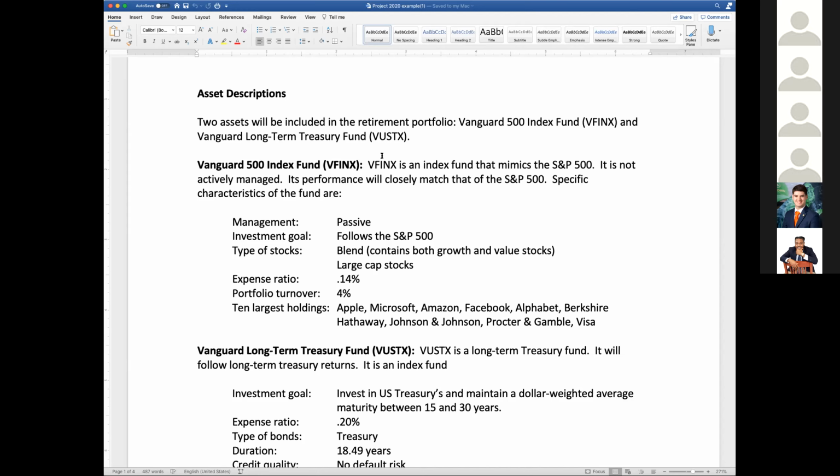There's nothing that says you can't choose a stock. You can choose specific investments. It's up to you. For this Vanguard 500 Index Fund, what you're going to do, though, if you choose a